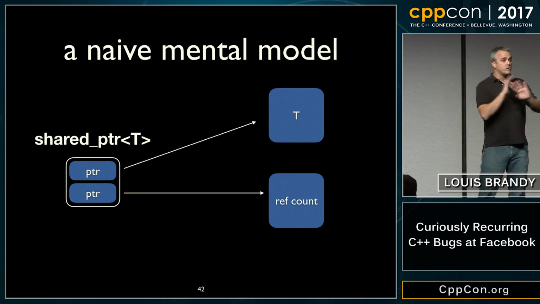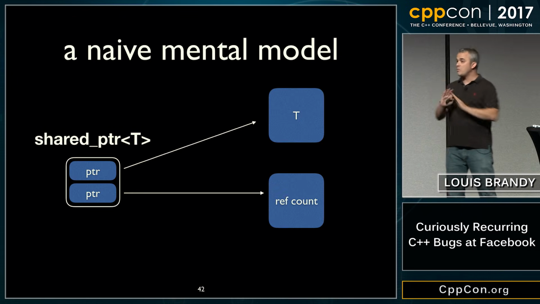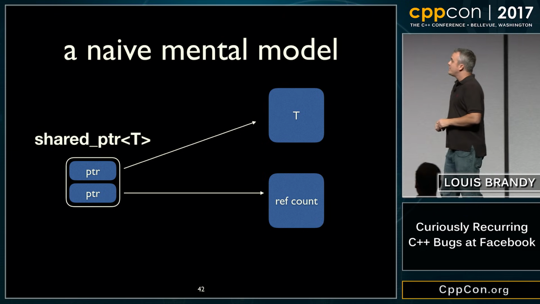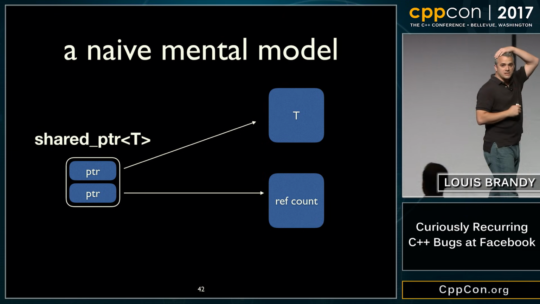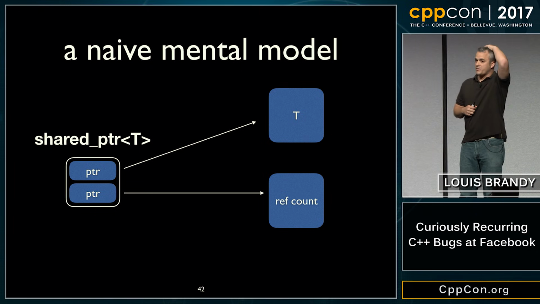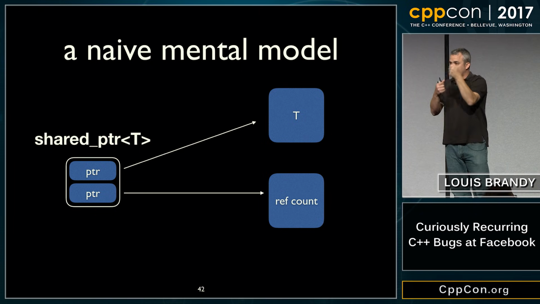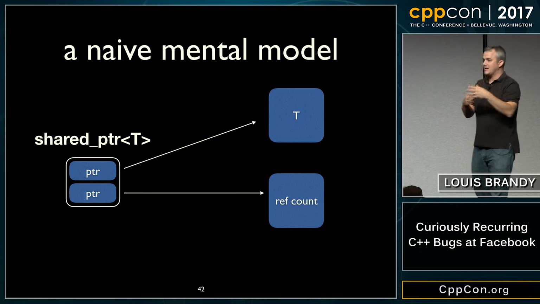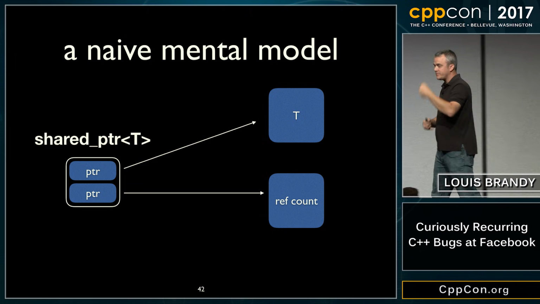So here's my teaching side. You might have no idea what we're talking about. You might be in audience 1 right now going, what are these people talking about? What do you mean shared pointer isn't thread safe? Let me explain it to you. A shared pointer, and this is a mental model, not an implementation, is 3 things. There's the actual shared pointer struct, which is a pair of pointers. That's what it is under the hood. It doesn't have to be, but in our mental model, that's what it is.